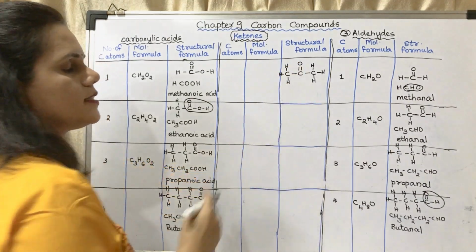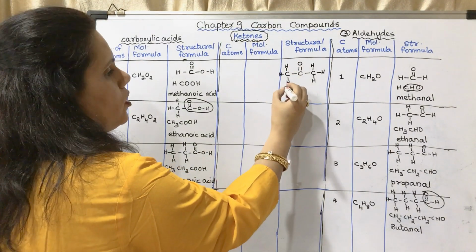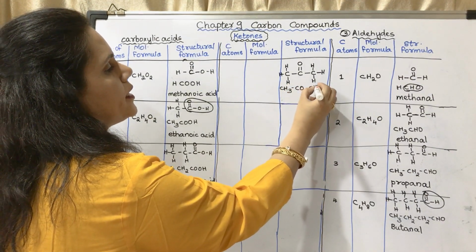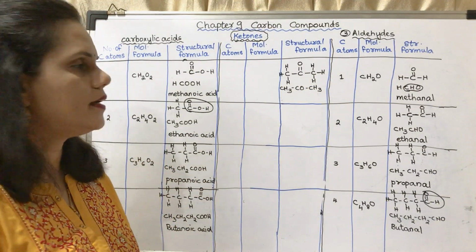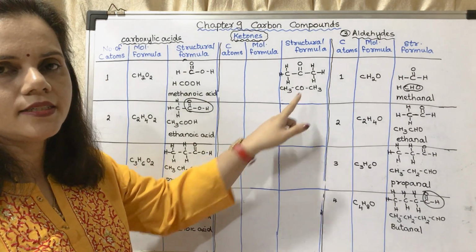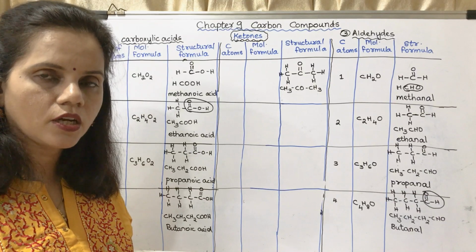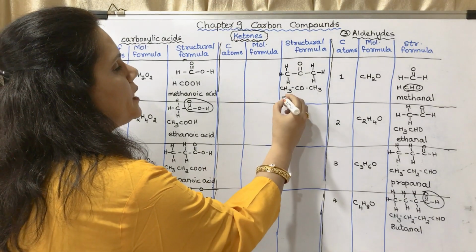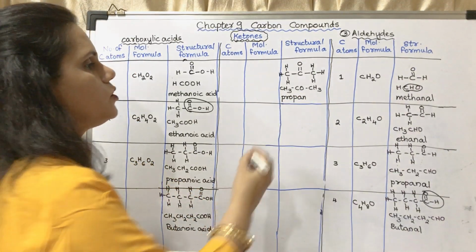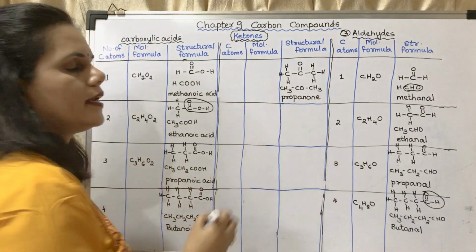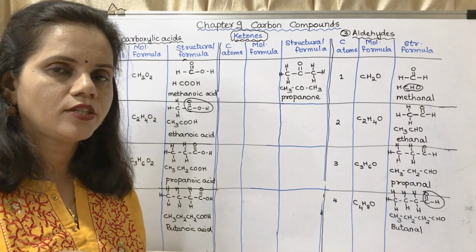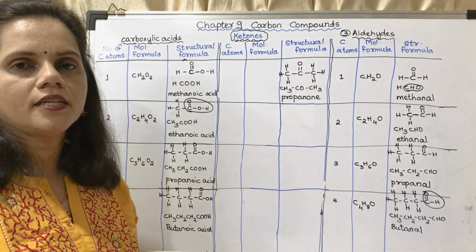Okay, so this is the structure of propanone. This is CH3COCH3. You may see how I have written it. This is the condensed structural formula. In condensed structural formula I have written CO, which shows that it is the functional group ketone. Okay, now what will be the name? The name will be propan, as it is having 3 carbon atoms, and the suffix will be ONE. You may see in the other chart I had given you the suffix. In that the suffix for ketone is ONE. So the first one is propanone.